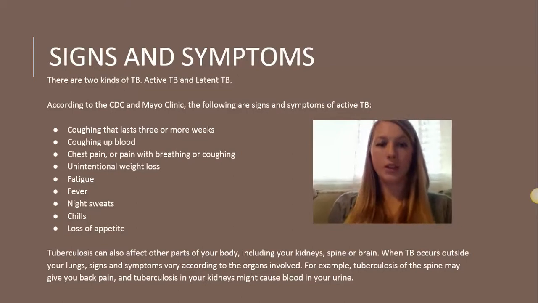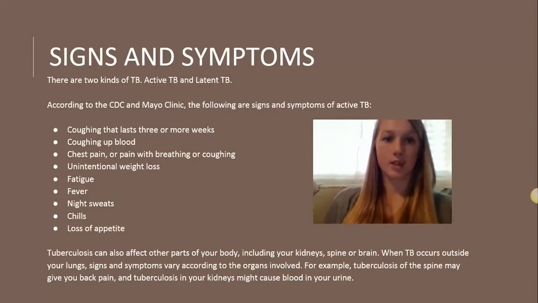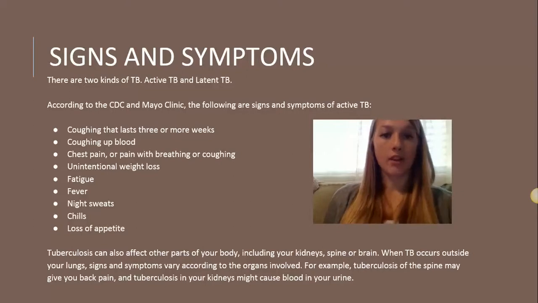So now that we know what tuberculosis is, I would like to talk about some of the signs and symptoms and how to recognize tuberculosis. According to the CDC and Mayo Clinic, which have very similar lists, the following are signs and symptoms of active tuberculosis: a cough that lasts 3 or more weeks, coughing up blood, chest pain or pain when breathing or coughing,